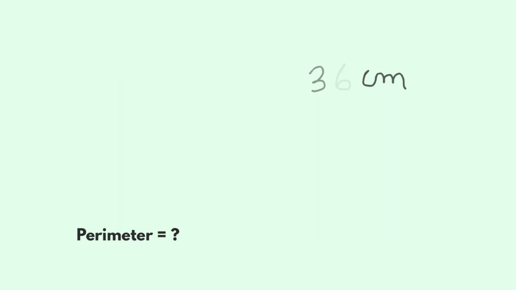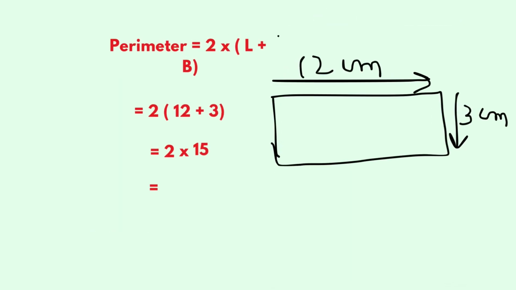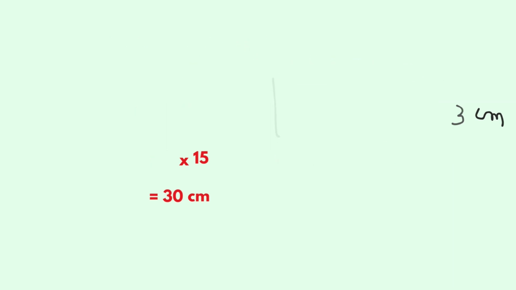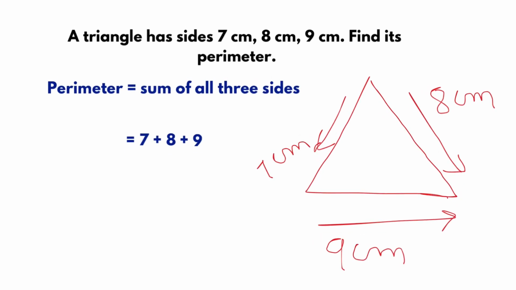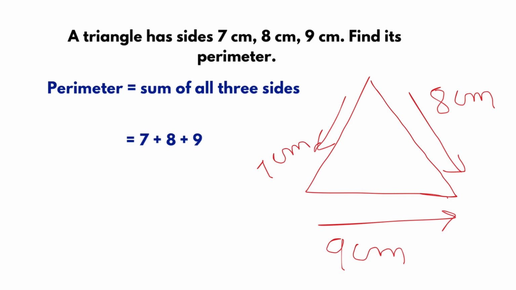Now we will find out the perimeter. Now we already have the breadth and length. Now we will find out the perimeter of a rectangle. What is the perimeter of rectangle? 2 multiply length plus breadth. Length is 12 plus breadth is 3. So 12 plus 3 is 15. 15 multiply 2 gives us 30 centimeter, the perimeter of this rectangle also. Okay, I hope you all are getting it. Okay, next slide we have the question.